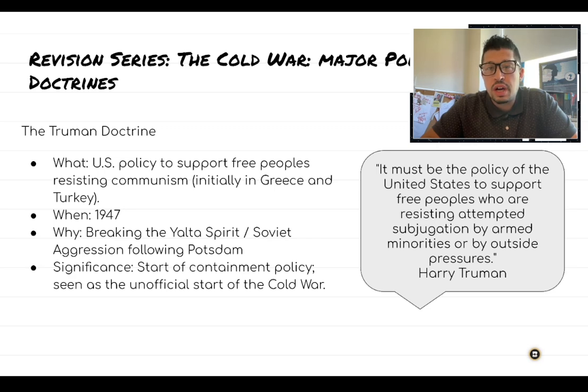Stalin is encroaching on Eastern Europe. The fear of the growth of the communist world is looming over the United States. It's the declaration of war, right? The United States is going to stop the spread of communism. The word to associate with the Truman Doctrine is going to be the policy of containment, which we'll recap again in just a second. All right, again, short, sweet, to the point.